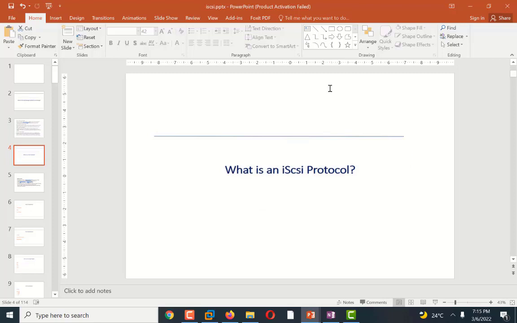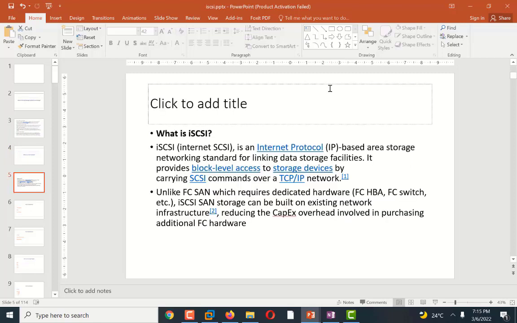So what is the iSCSI protocol? iSCSI is an internet based protocol which runs on top of the TCP/IP network stack. Unlike Fibre Channel protocol, which is also a block level storage protocol, Fibre Channel uses an HBA card, which is again an expensive solution, and a fiber optic switch, which is again a costly device.